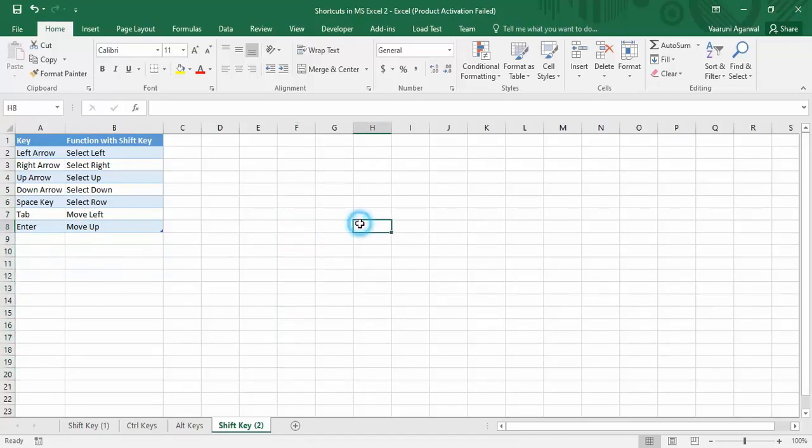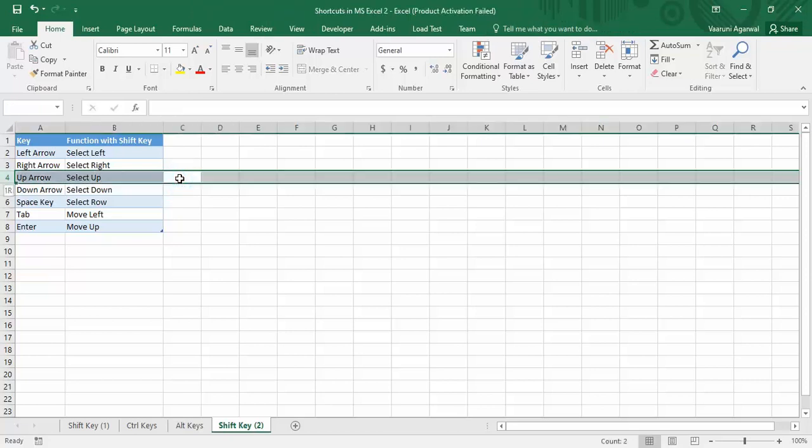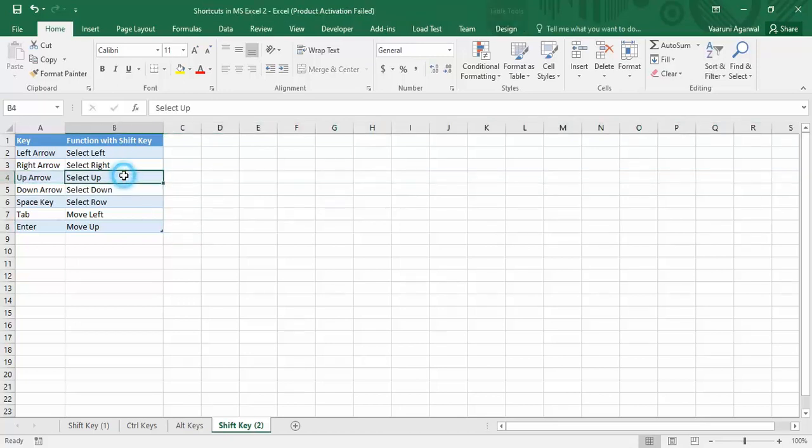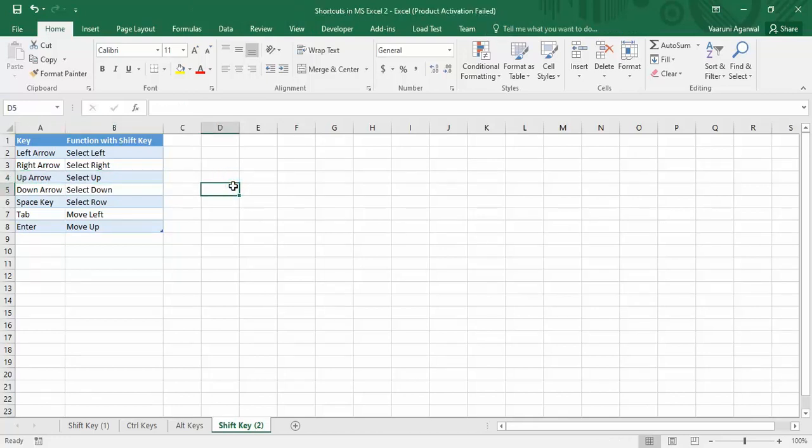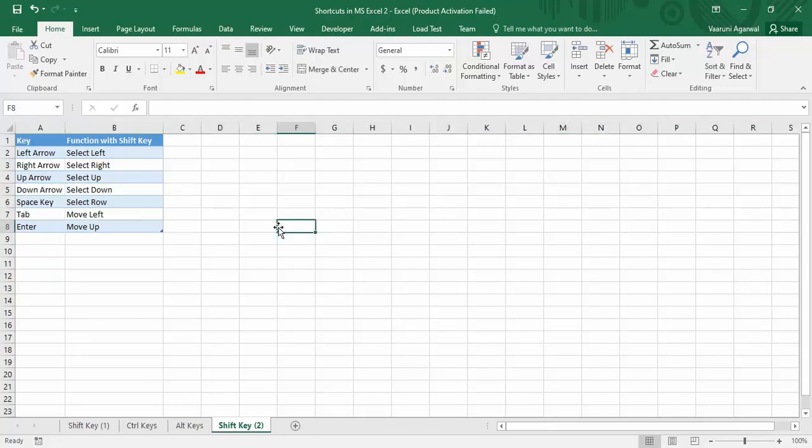Then what happens if you want to select a particular row? Suppose I'm in this row and I want to select this whole row. So what I can do is simply press Shift spacebar, and this would help me to select this whole row of this sheet, because my active cell was here. But what if your active cell is inside the table? Then you can only select this whole row of the table. But if you are in a sheet which is not associated with any table, then the whole row of the sheet would be selected.